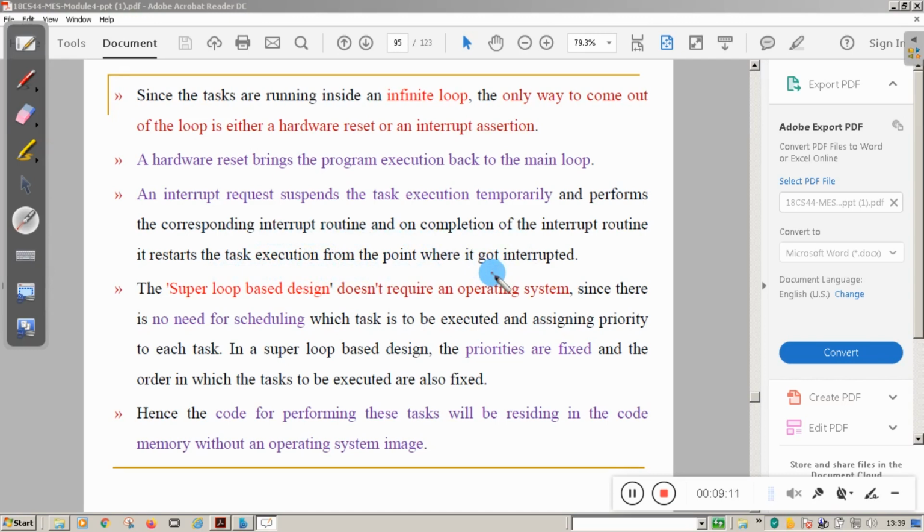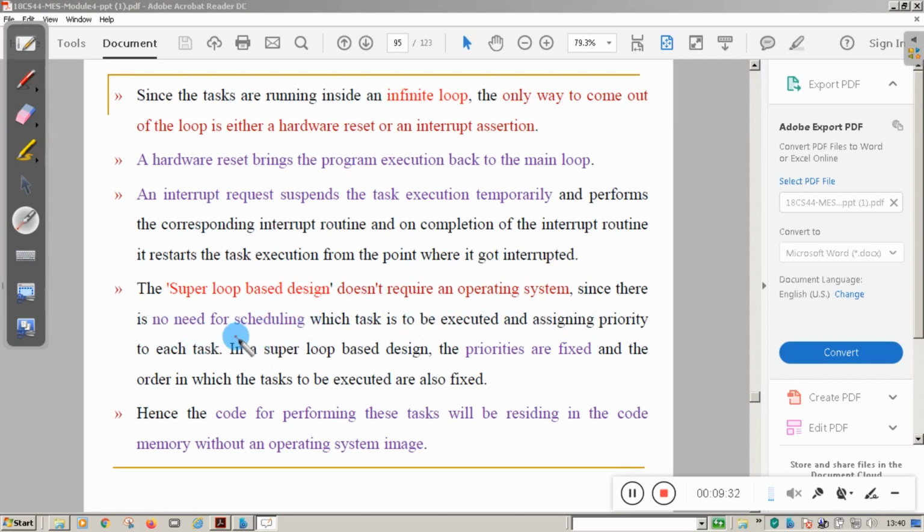Now, about this approach: a super loop based design does not require an operating system. That is the advantage. It does not require an operating system, since there is no need for scheduling any type of task.